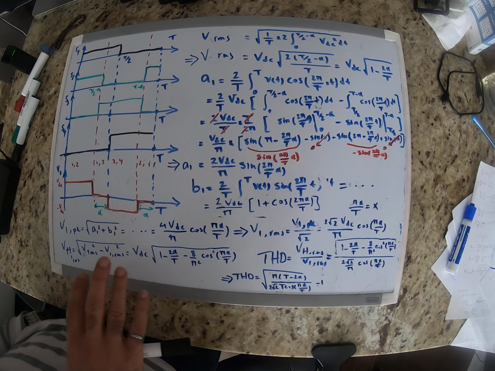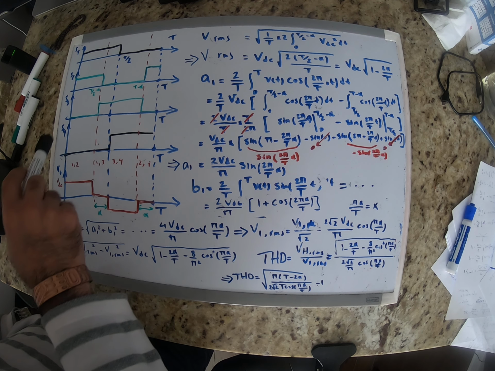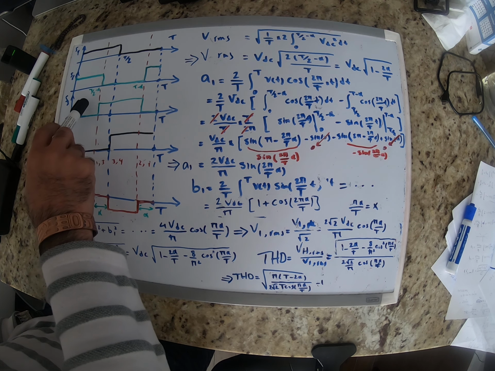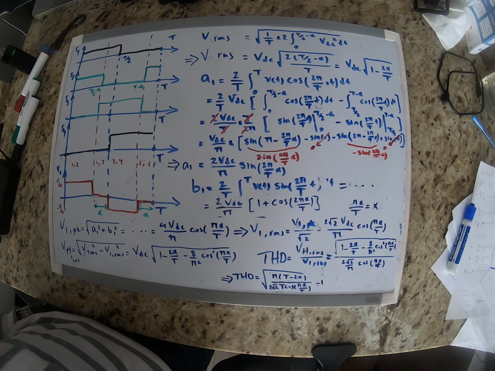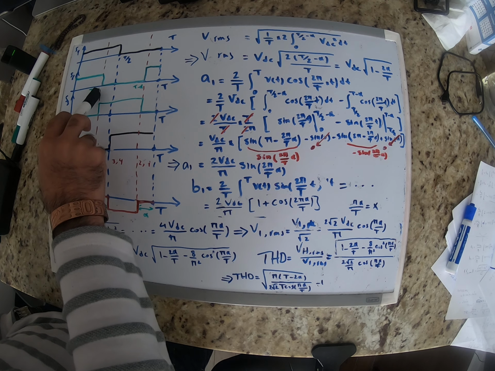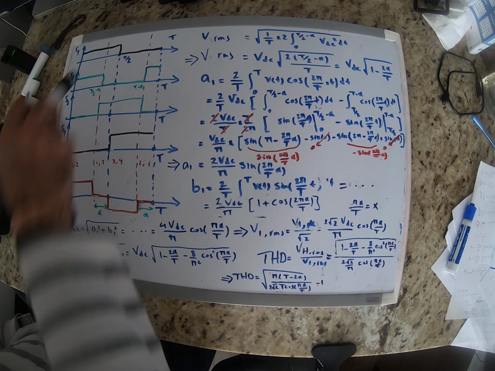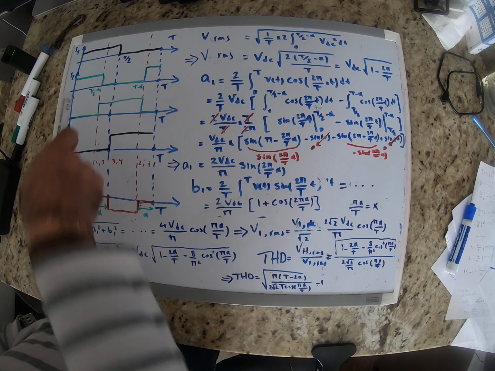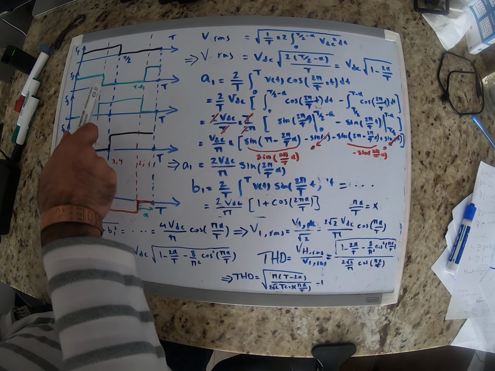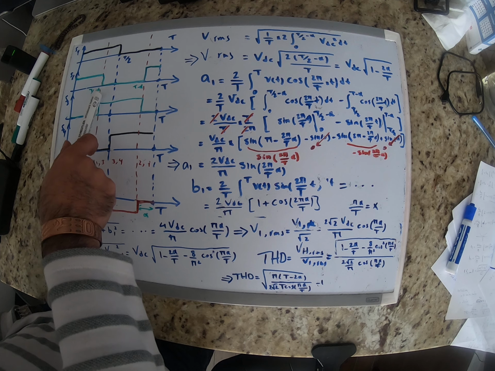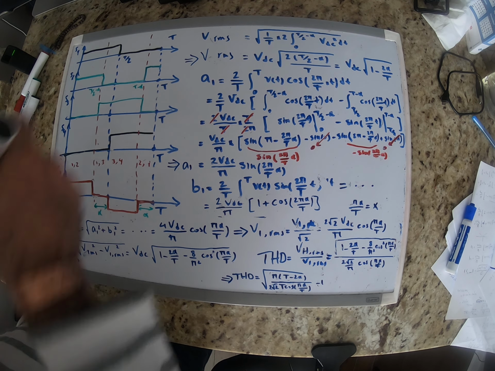So here I have a scenario that switch 2 is basically fired. It has a lead for alpha degrees, right? So you see that this basically was on before switch 1 got fired, and now this is what we are having here. So switch 2 gets on or gets off at T/2 minus alpha, and alpha is this